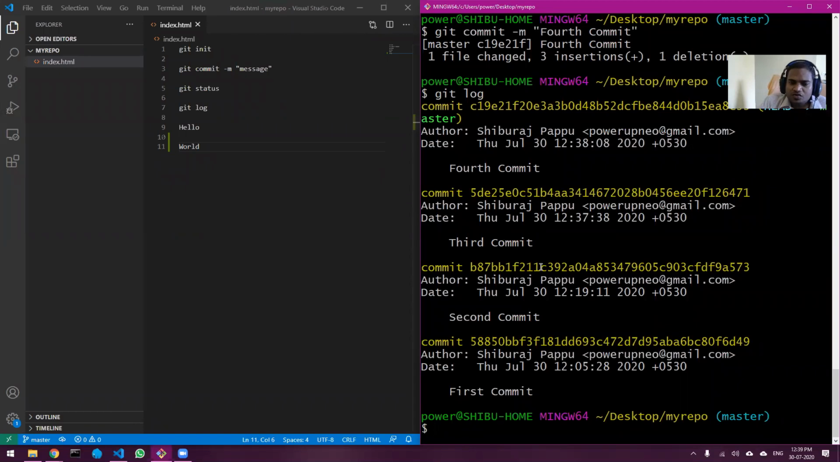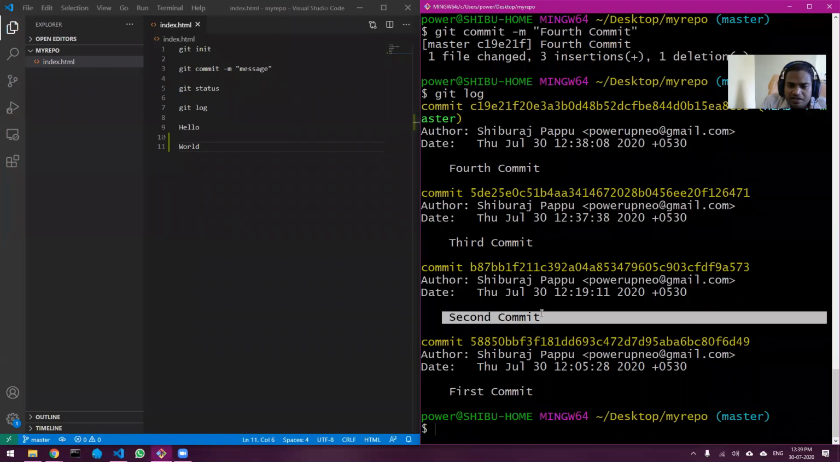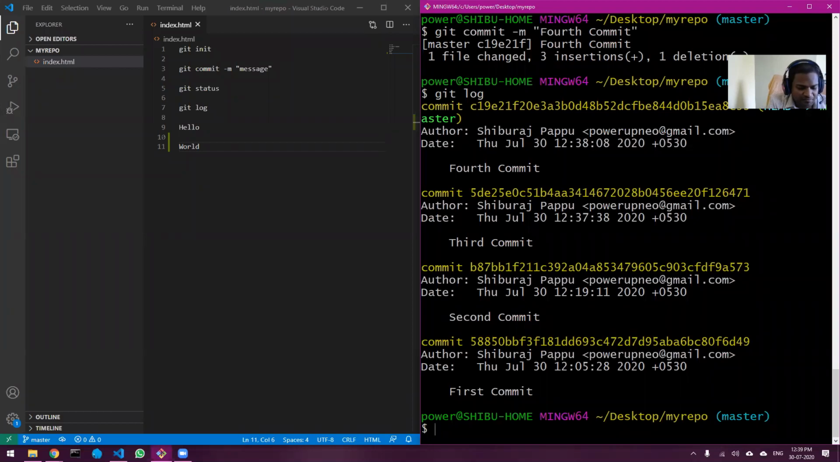I wanted to show you one more thing. Okay, forget it. I will just do a reset. Now I want to go back to the 2nd commit. How to do that? Obviously I will be using git reset and hard. Okay. But now how to go back to a specific